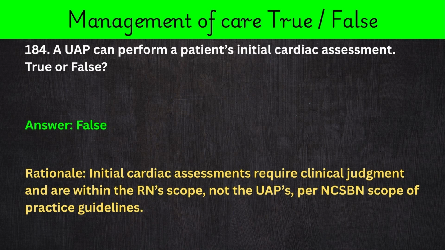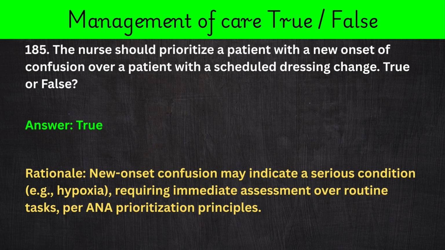practice guidelines. 185. The nurse should prioritize a patient with a new onset of confusion over a patient with a scheduled dressing change. True or false? Answer: true. Rationale: new onset confusion may indicate a serious condition, e.g., hypoxia, requiring immediate assessment over routine tasks, per